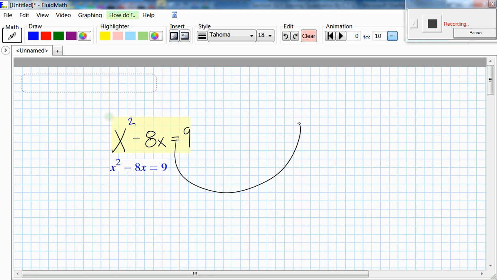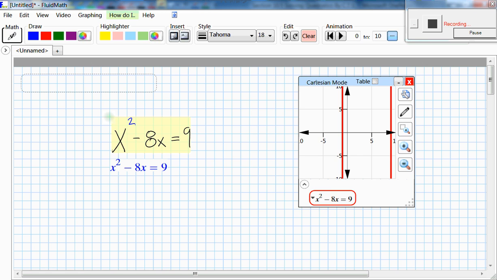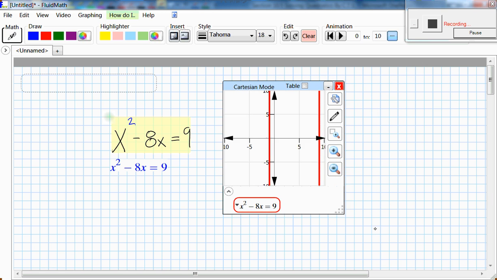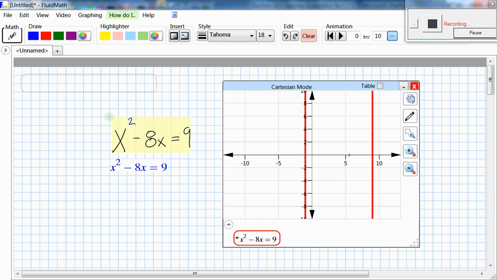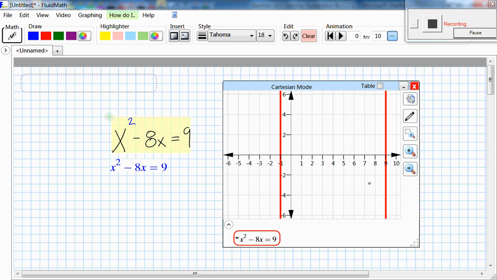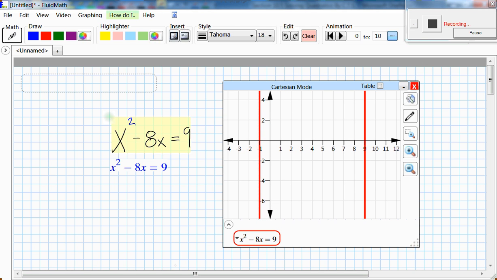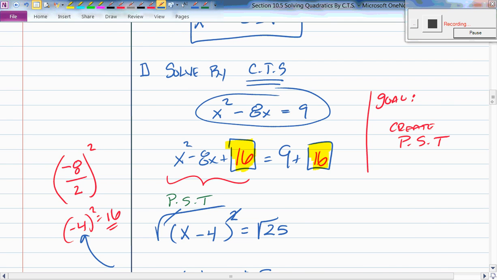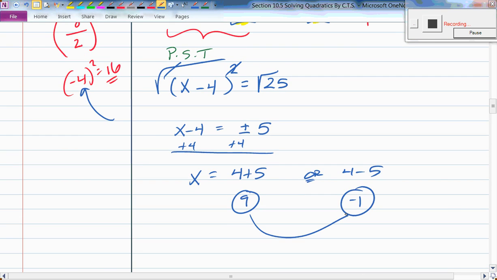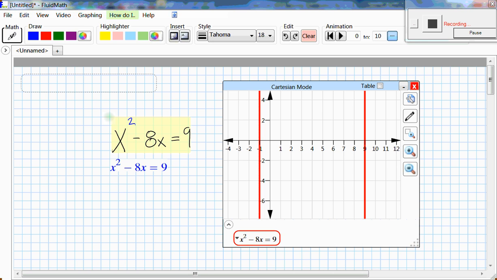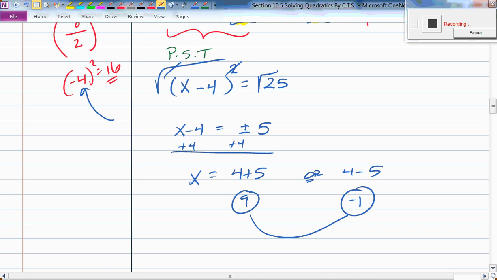Will this work if I do this? What would you expect to see? Okay, a parabola, right? And what else do you notice about this particular parabola? Where is it crossing the x-axis? Negative 1 and 9. Wait, what were our answers over here? Negative 1 and 9. Check it out. Do you guys see the connection between those two things? Yeah, it's where the parabola is going to cross the x-axis, right? Very good. Kind of hard to see here, but it's not written in standard form. But our answers, where they cross, are the solutions to our equation when we solve by completing